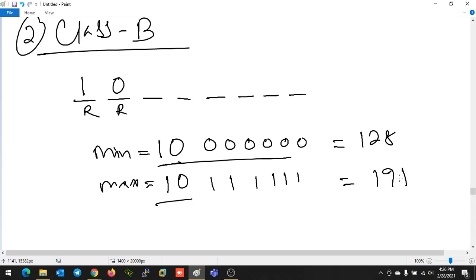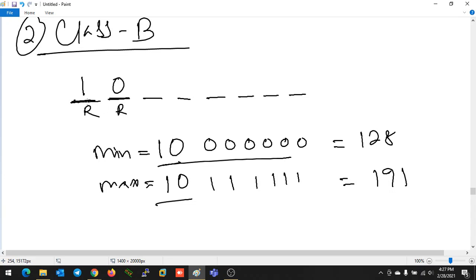If I enter any IP address into my device, my computer, then if my device finds the first bit is 0, it will understand this is a class A IP address, and it will not check all the bits.